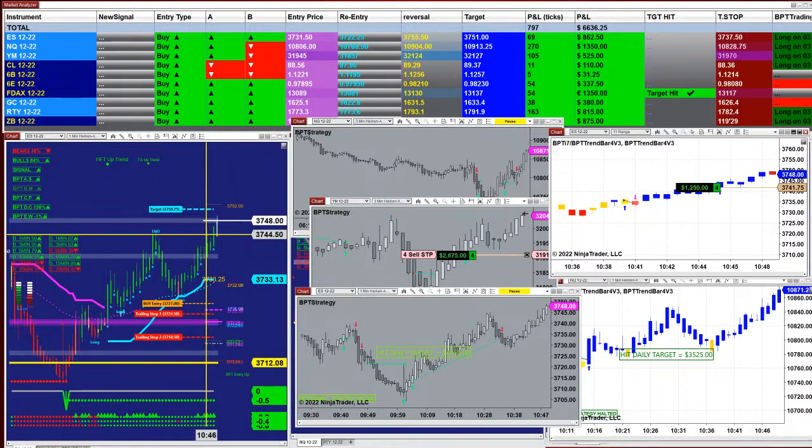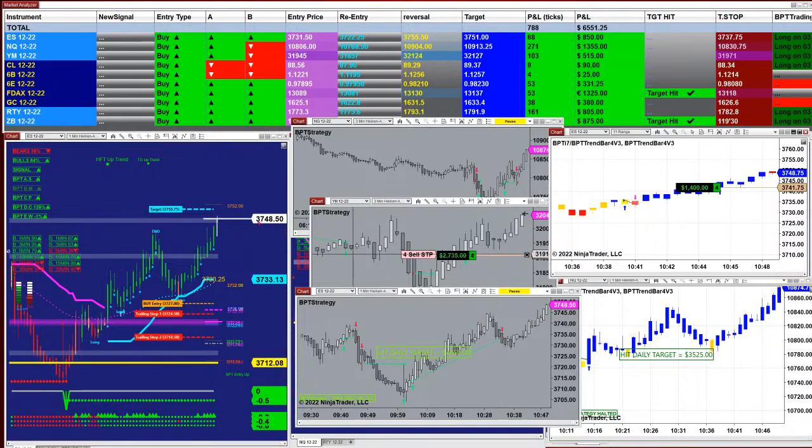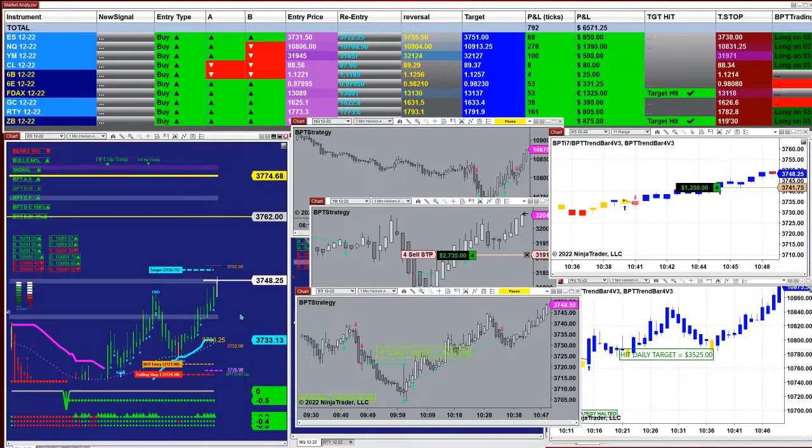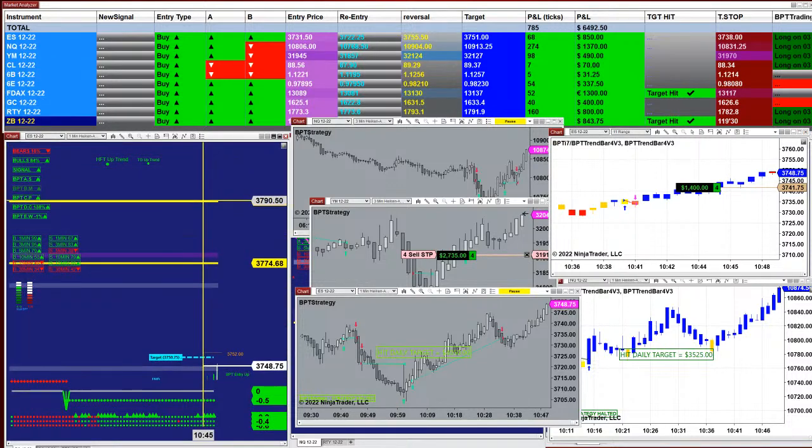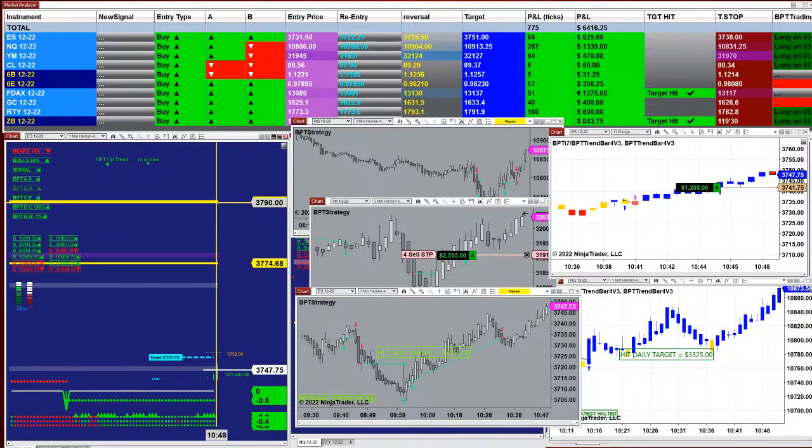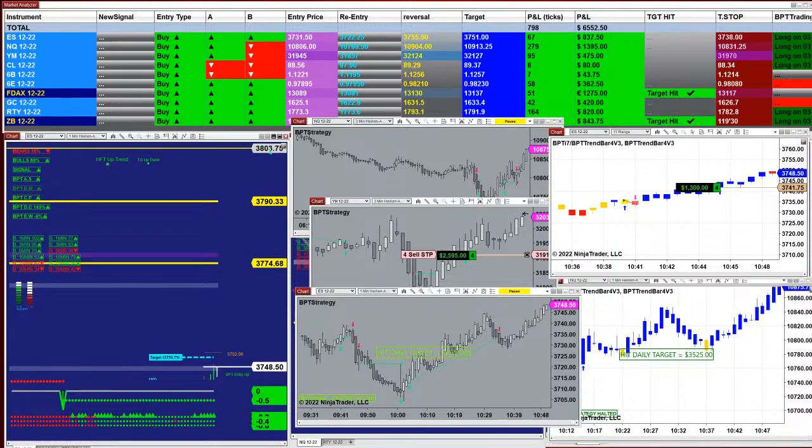If this market is going to break out, then I will unleash the auto trade to take a long trade, because if this market breaks out, we have a long way to go, all the way to those numbers, 37.90. We have a long way. There are plenty of ticks to be made. If this market fell,